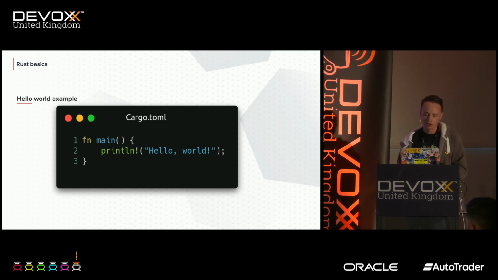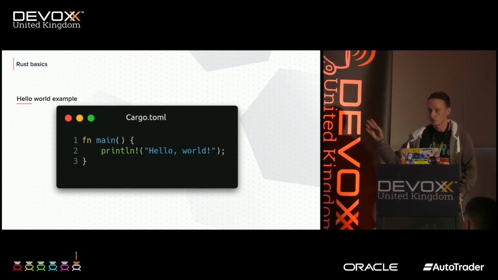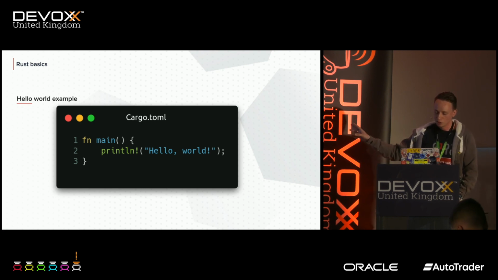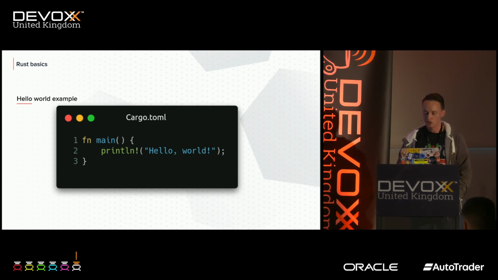You have functions defined using fn. Otherwise, it looks pretty similar to any C-like language, right? If you know Java, Python, C#, C++, anything like that, this probably looks immediately very familiar. Semicolons at the end of a line, curly braces denote a block. And there's one funny thing about this, which is that we're calling a function and using an exclamation mark at the end of a function name. Don't worry about why that is. It's beyond the scope of this talk. We're not going to get into that. Just know that certain functions you have to call with an exclamation mark.